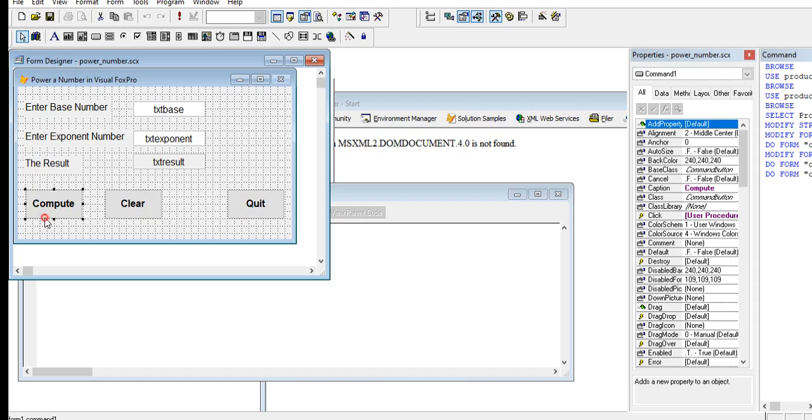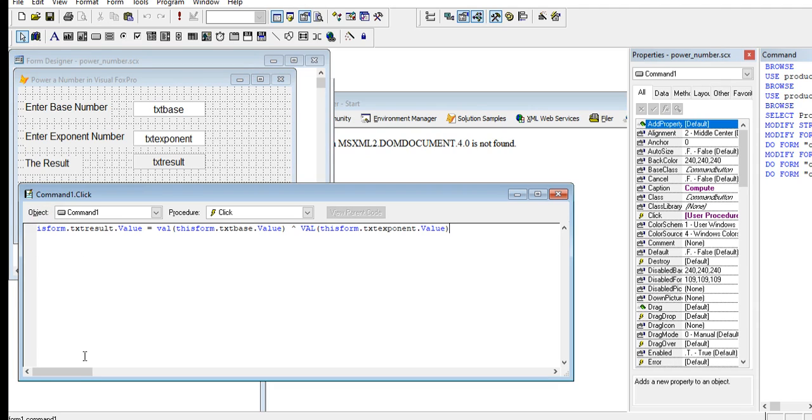So in the compute button, we will double click this, and type Thisform.txtResult.Value equals Val, we convert to a number, Thisform.txtBase.Value, then the circumflex or caret, this symbol will allow us to perform the computation of the power of a number in Visual FoxPro. Val Thisform.txtExponent.Value, and then it will display in the txtResult text box here